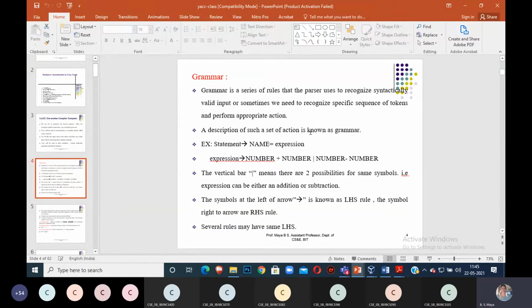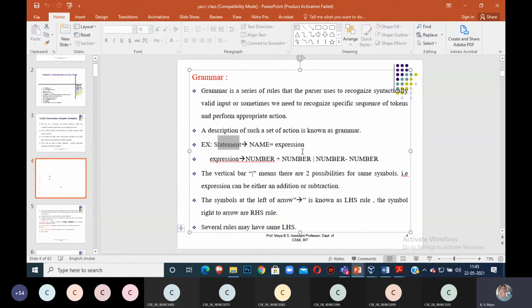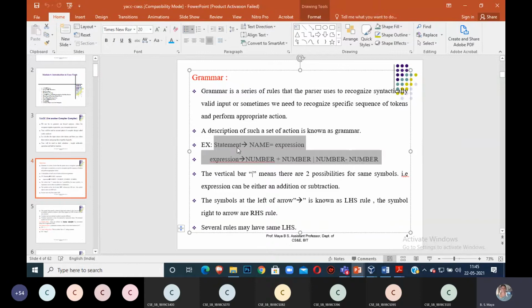For that I am writing the description of sets of actions, which is called a grammar. See, I am writing one grammar. The statement derives name is equal to expression. Expression derives number plus number or number minus number.